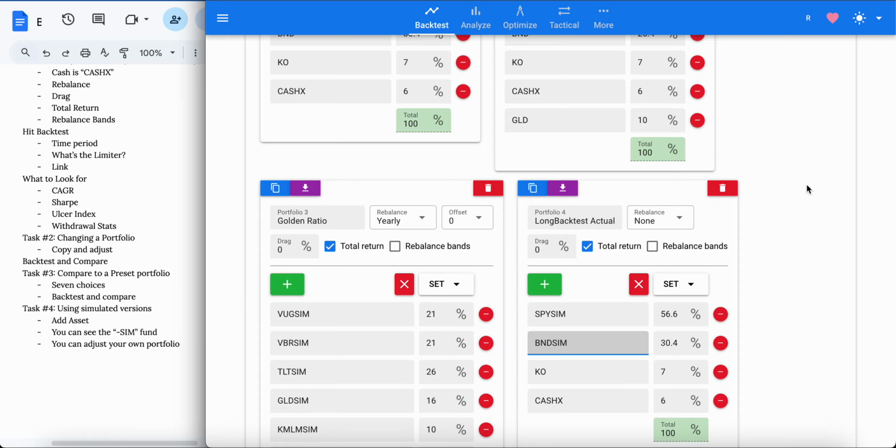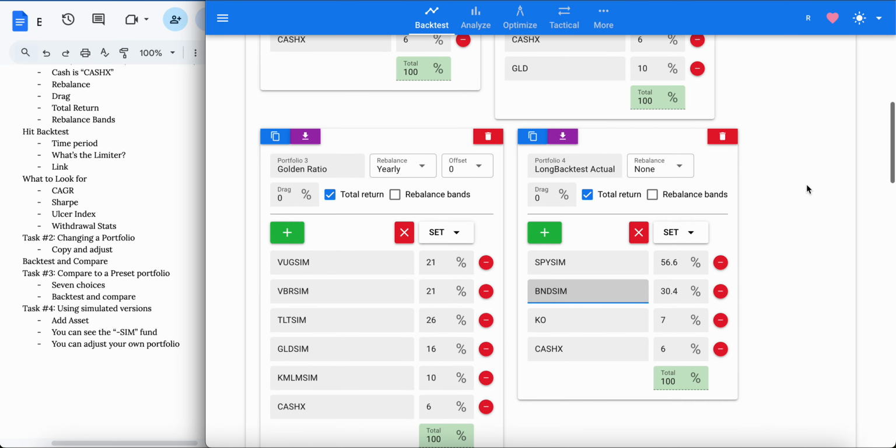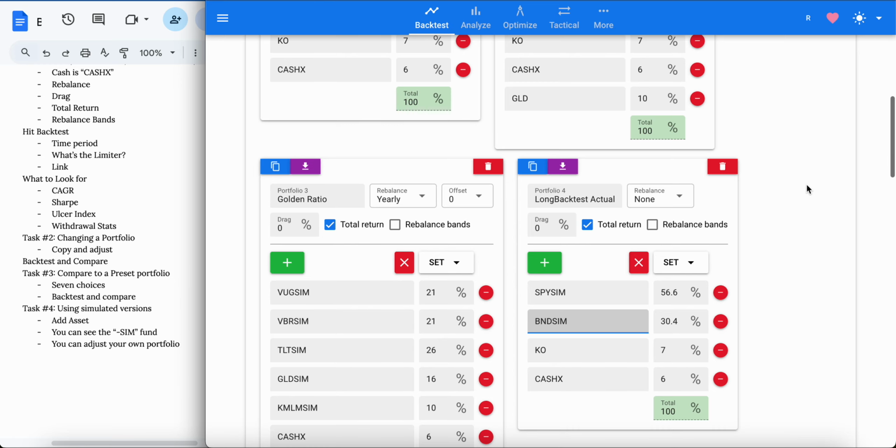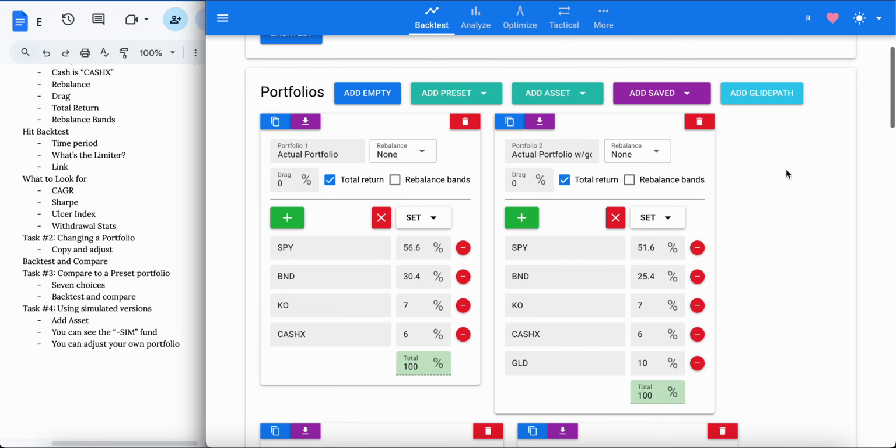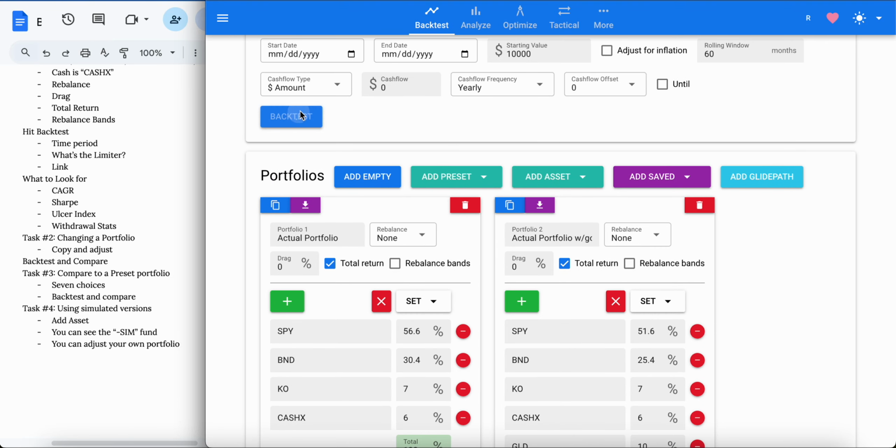And I put those in strategically because there are 47 different simulated funds, and they're listed up on the help page. You can use those to get an indication of how your portfolio would have performed even before, making the data set longer. So you can watch here by putting in the simulated funds. I can now take my backtest all the way back